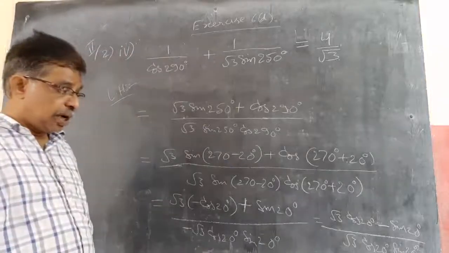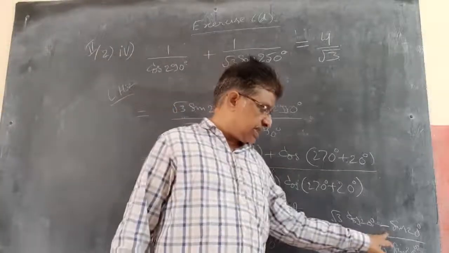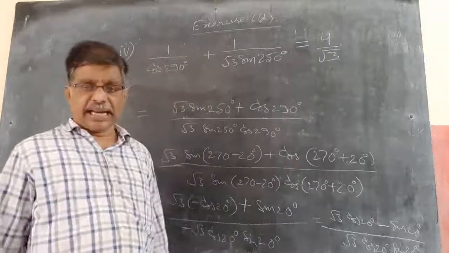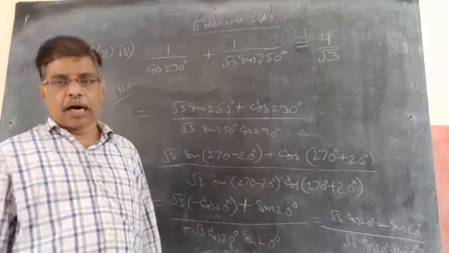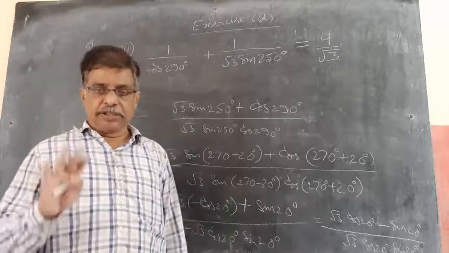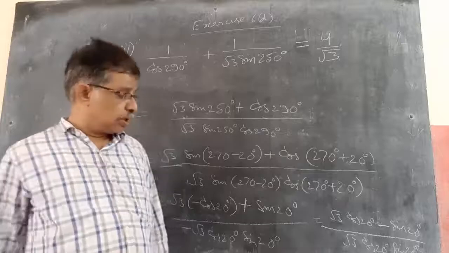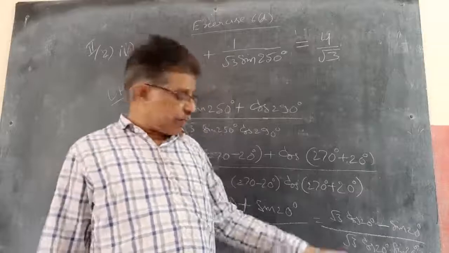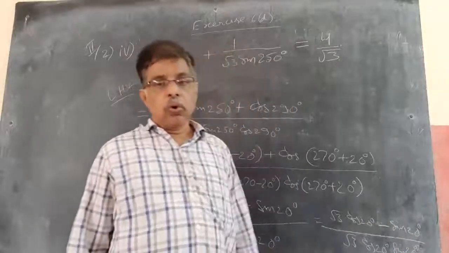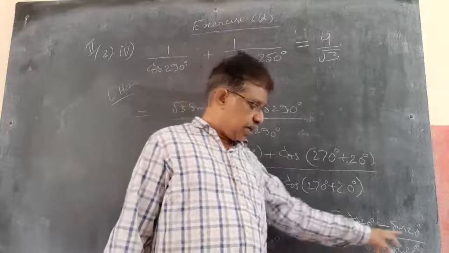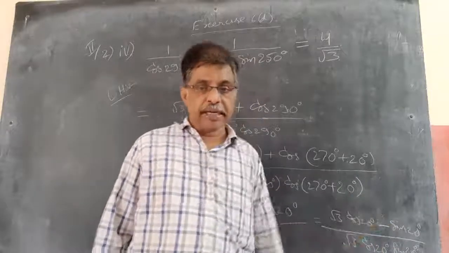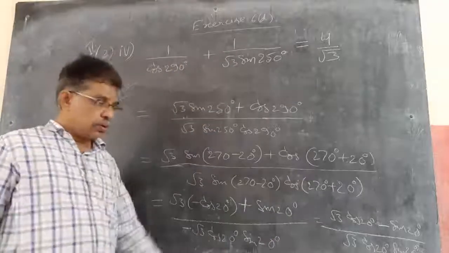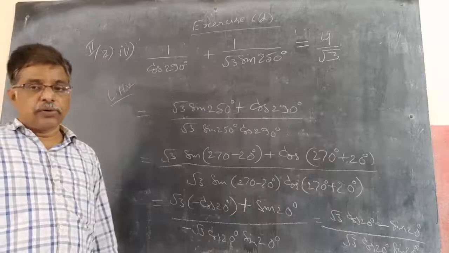Now here this is like a cos theta plus b sin theta. Divide and multiply with root of a square plus b square, I told. Whenever you find a sin theta plus b cos theta, always divide and multiply with root of a square plus b square. So root 3 square is 3 plus 1, root 4. So divide and multiply the numerator with 2, into 2 by 2 I will do for numerator.